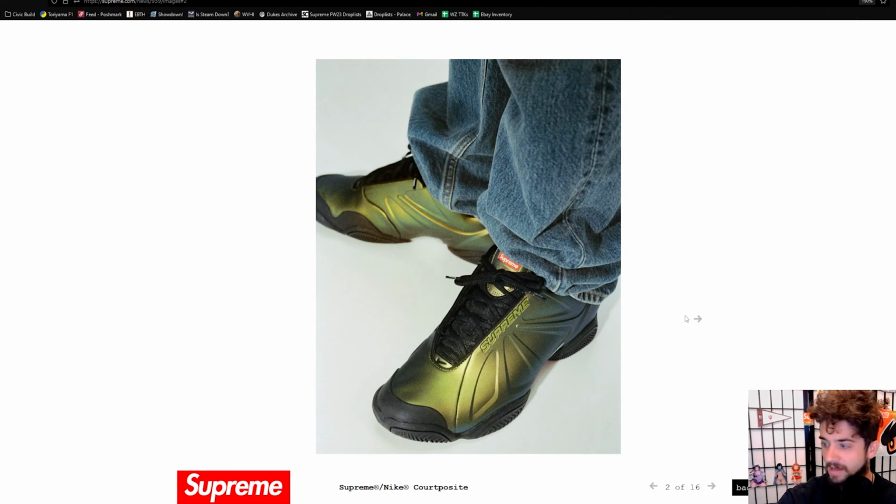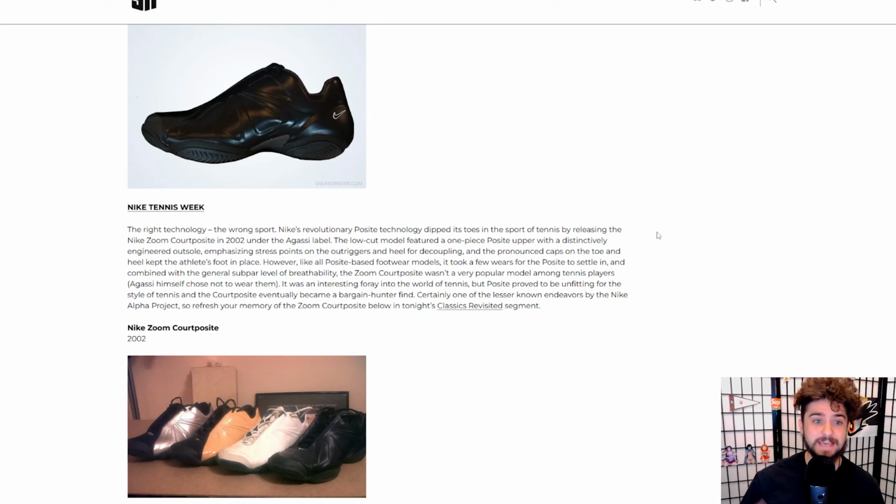These are the Nike Courtposite, and quickly I will explain what the Courtposite is because many of you probably don't know the full story. I know I didn't. The Nike Courtposite, as you might guess, was a tennis sneaker. Right technology, wrong sport, as written here on Sneaker News. Basically, it was released under the Agassi label, Andre Agassi, with a low-cut, one-piece Foamposite or posite material with a